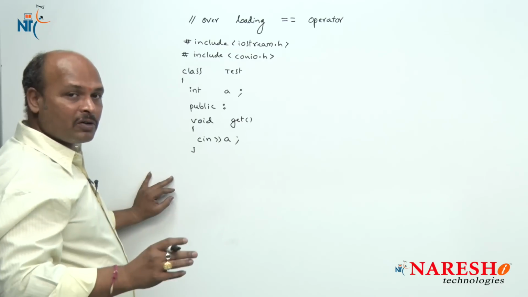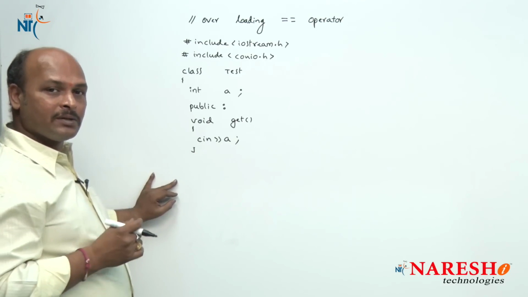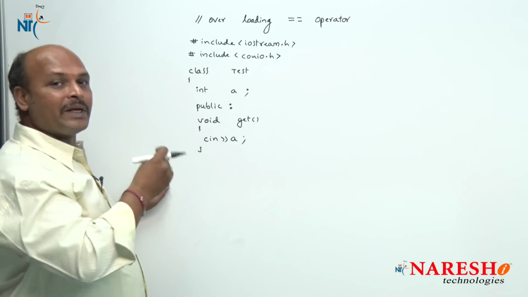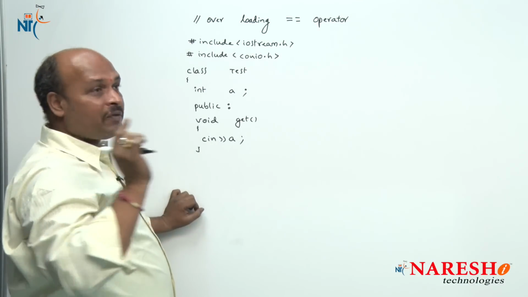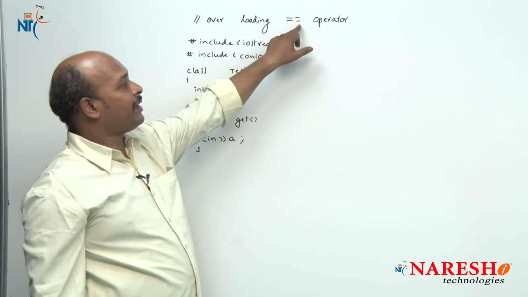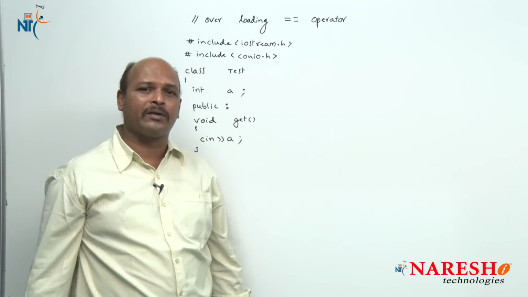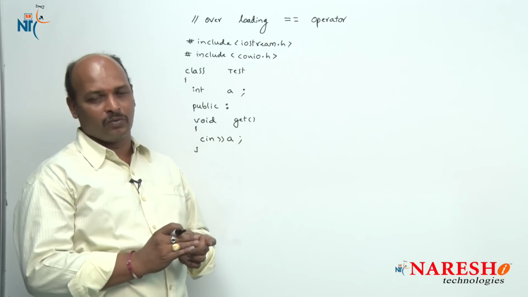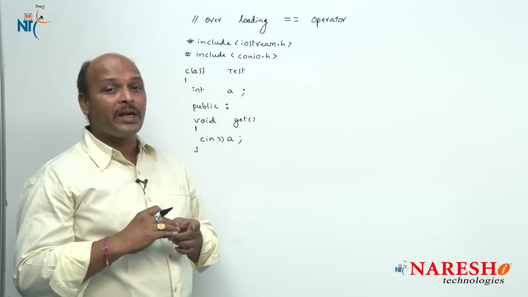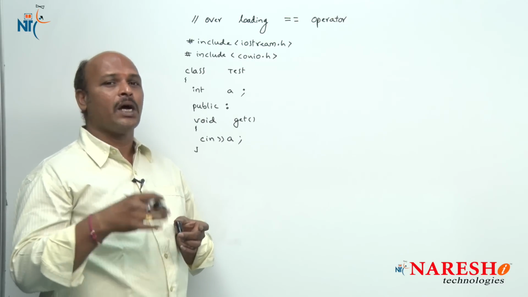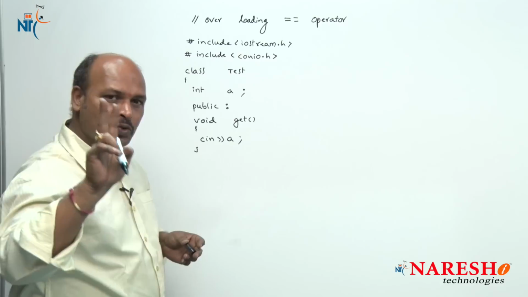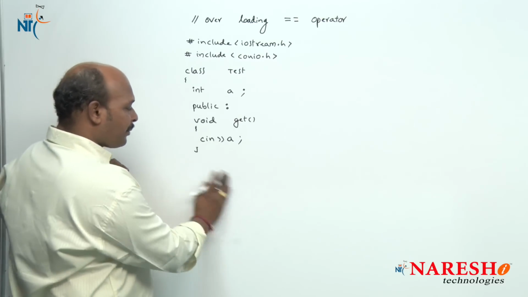Next I want to do one more thing. I want to find out which one is the biggest, so I want to write a function for that. Here I want to find out whether both objects are equal or not. The double equal operator is a binary operator. When it is a binary operator, how many arguments do we have to send? How many operands are required? At least 2. We have to send 2 arguments. That's why I am going to write like this.